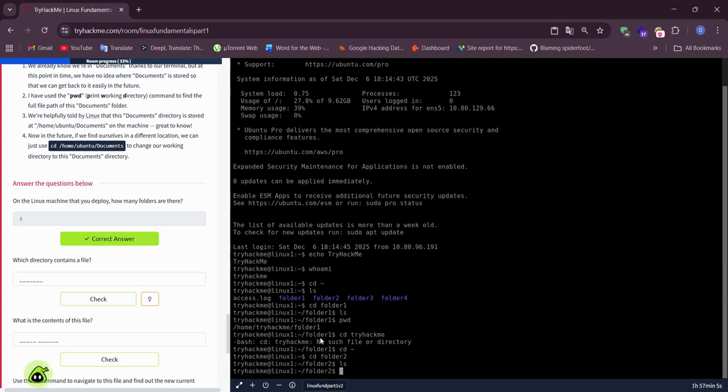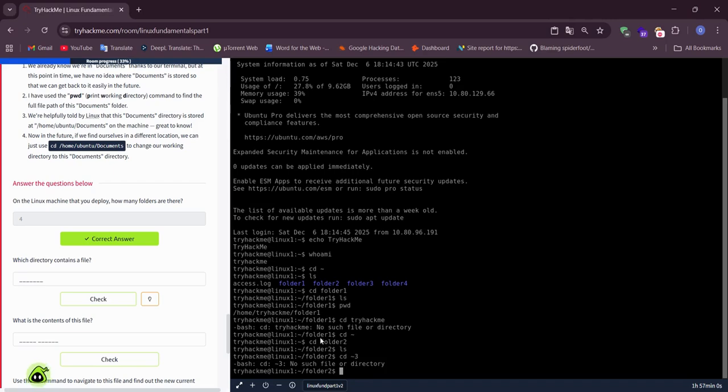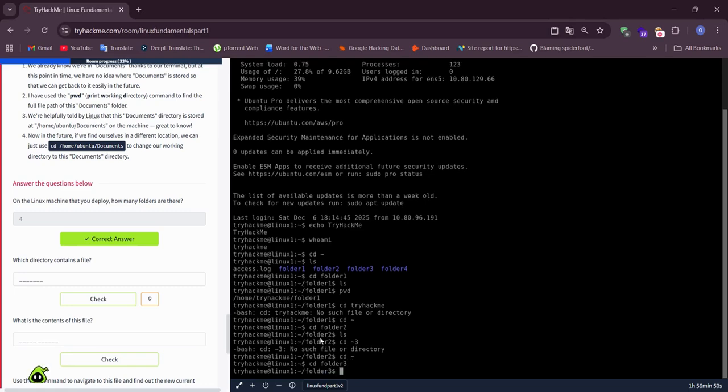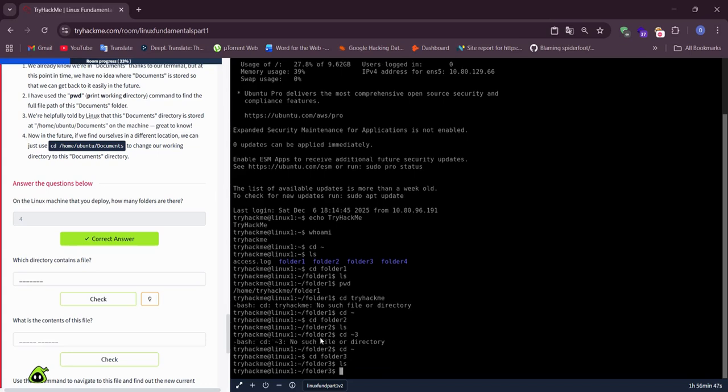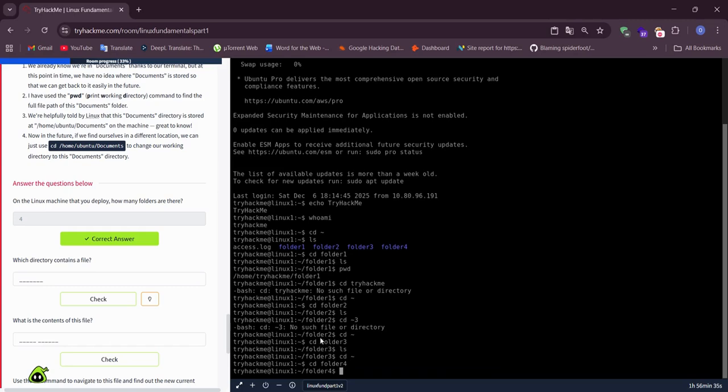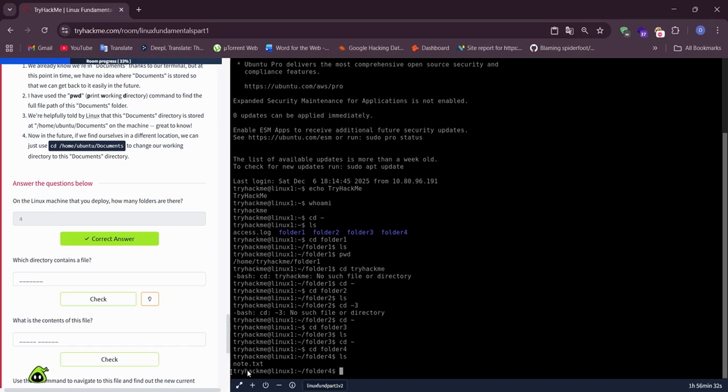Also there is no file, and we must go back to root. cd folder3, ls. There is no file. Okay, cd root, cd folder4, ls. Yes, our file is in folder4.